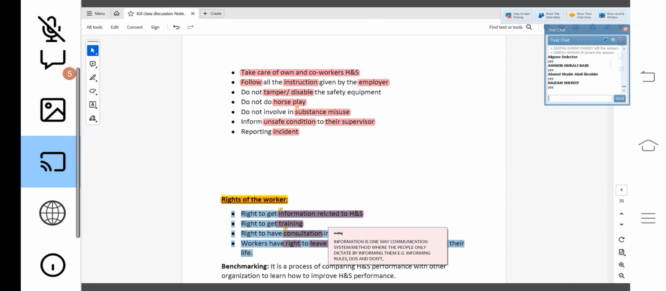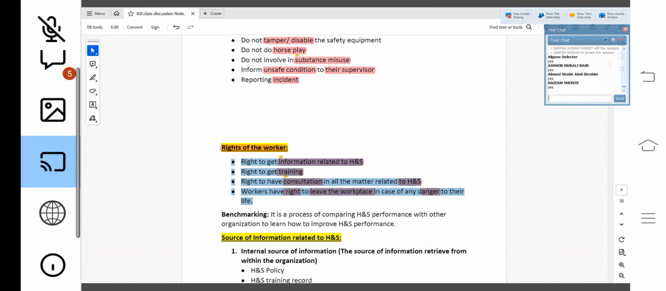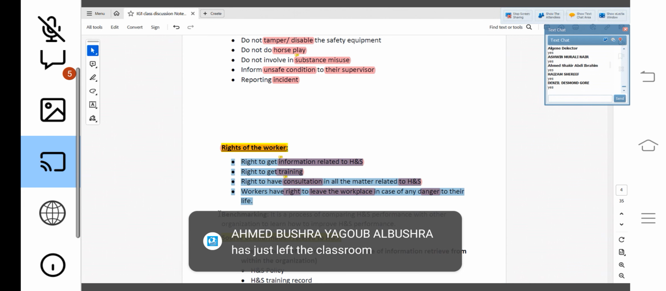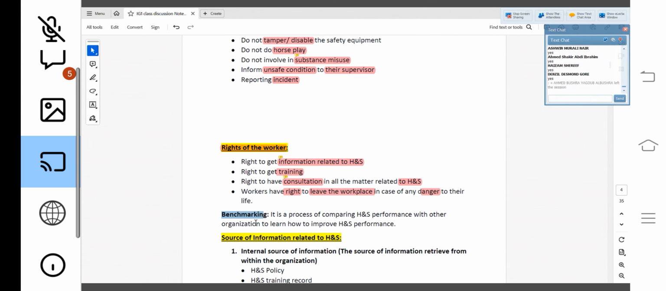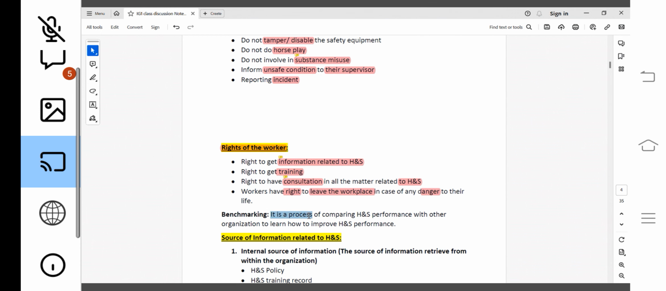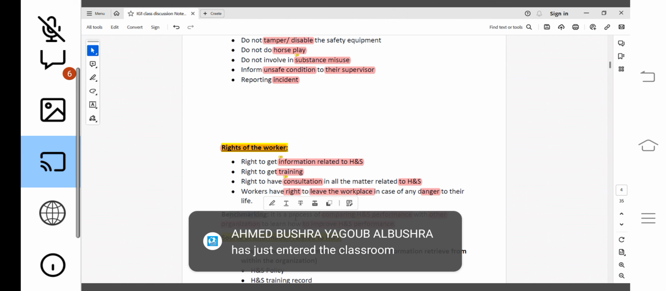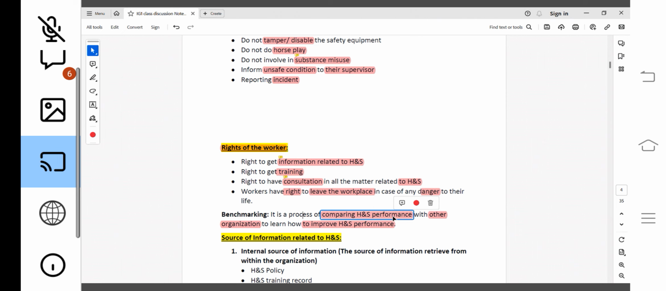Okay. Now, let's come back to the PPT. So, what is benchmarking? Benchmarking is a process of comparing health and safety performance with other organizations to learn how to improve health and safety performance. Benchmarking is nothing but a process for comparing the performance of the health and safety management system with the other organization, so that you can learn how to improve the health and safety performance